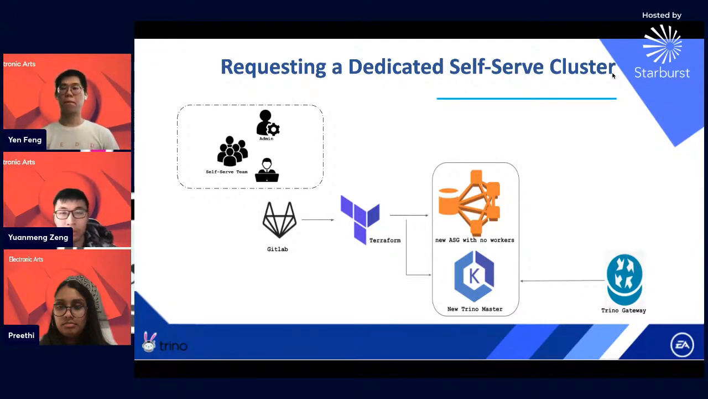So we have a GitLab repo of Terraform, which manages the EKS resource in our team. So if the customer wants to have their own dedicated cluster, they can create a ticket, and then the DevOps team will submit a merge request in the GitLab repo, and then trigger the Terraform to create a new Trino master in the EKS cluster. Also, along with the creation of the Trino master, a new auto-scaling group is also created and associated with this master. So the new ASG has no worker at first,